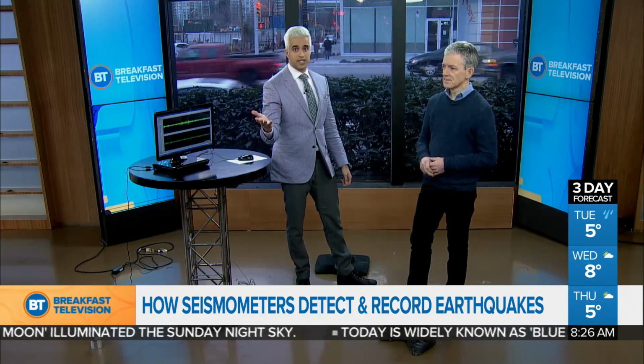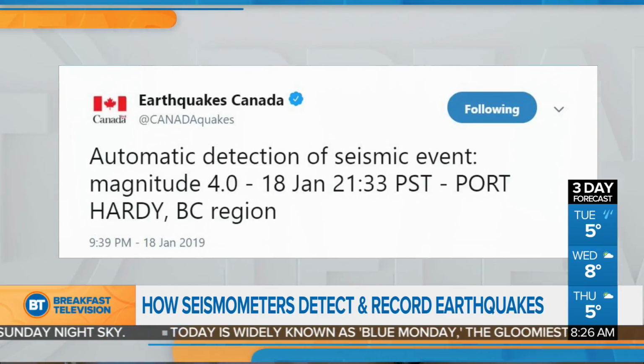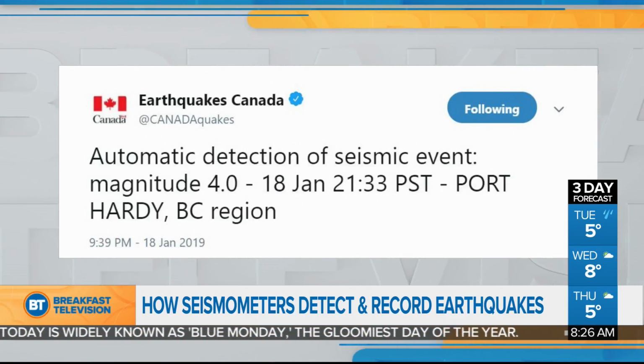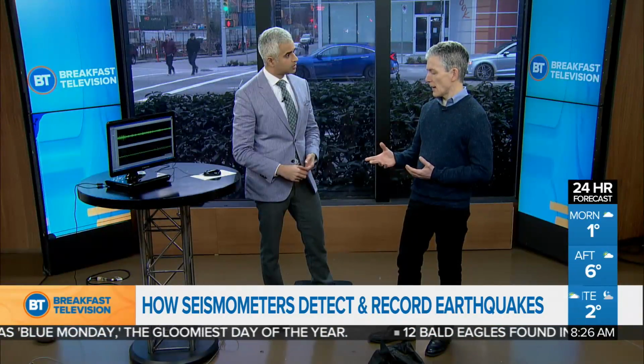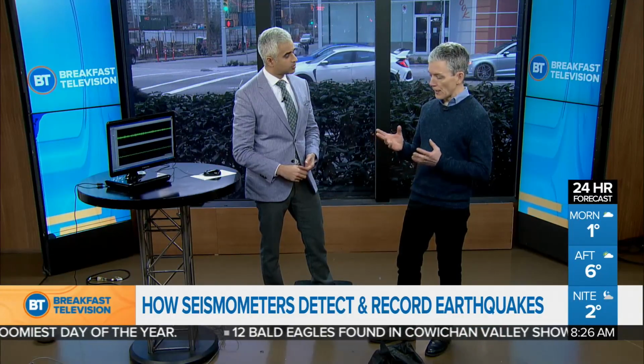You may have seen this, and is that what it is? A device like this picking up this type of movement? So these are identical to the devices we have across Canada. They're monitored by Natural Resources Canada, and they're operating 24/7. And they're very sensitive to all types of vibrations. The ones we deploy across Canada,